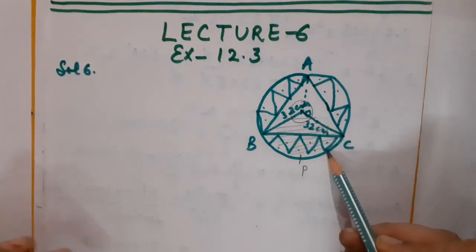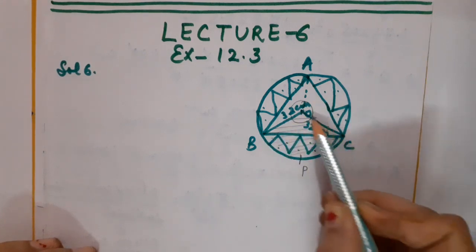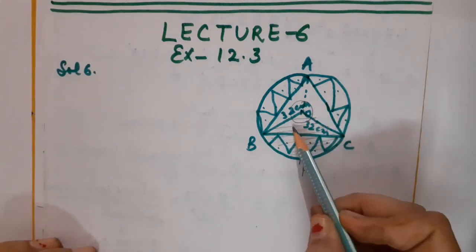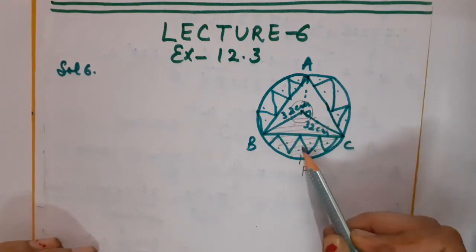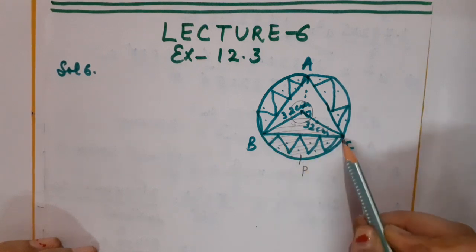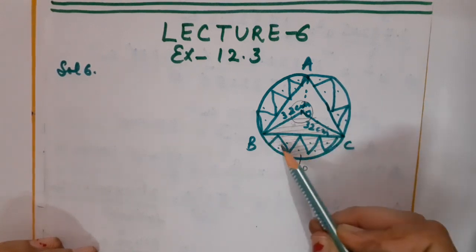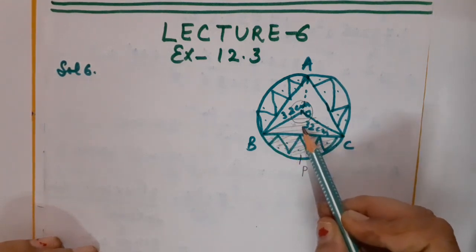If I am going to talk about the design, just see, from this sector of the circle, if I subtract the area of triangle, that is OBC, then definitely I will be able to calculate the area of this design, that is BPCB. Yes or no? Because this is nothing but the minor segment of the same corresponding sector.